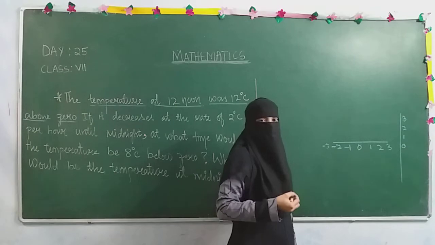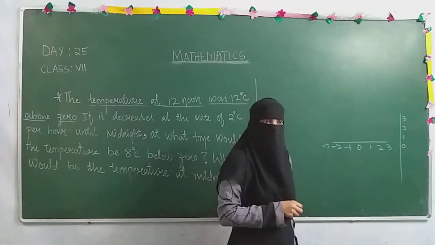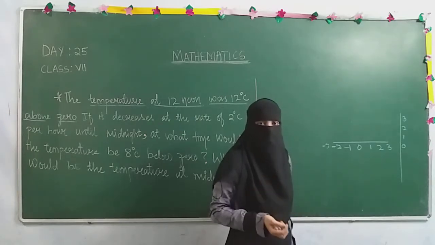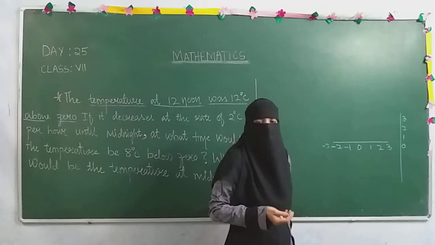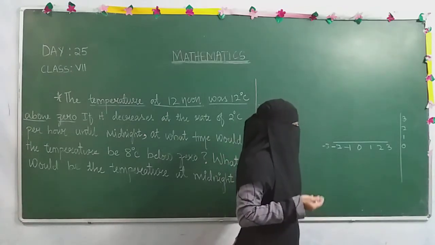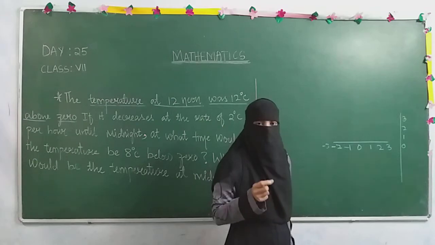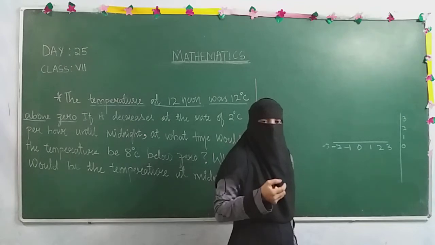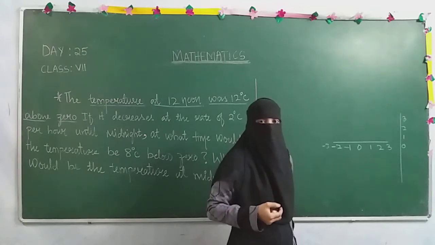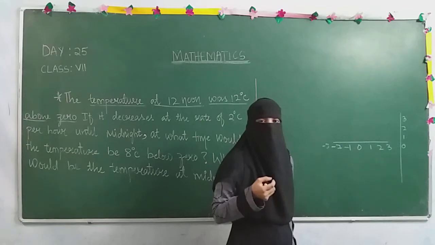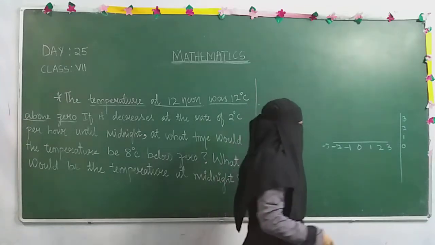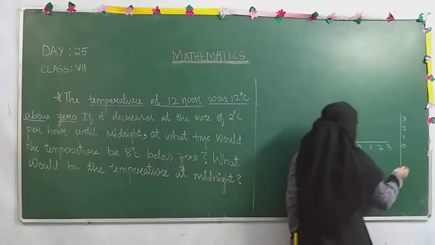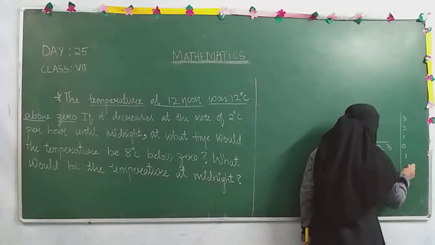Even increase and decrease we represent with the help of positive and negative numbers. Anything which is increasing is becoming more, and above 0 we represent it through the plus sign. It means the numbers will be positive for those terms. And for decrease, below 0, and less, we represent the numbers with the help of the minus sign, negative numbers. So exactly we have 0 at the center, and a few numbers above and a few numbers below: 1, 2, 3.